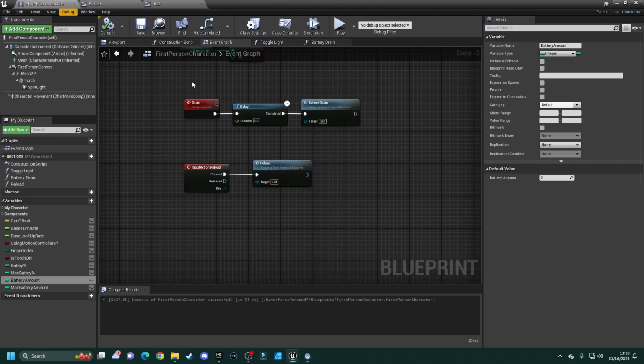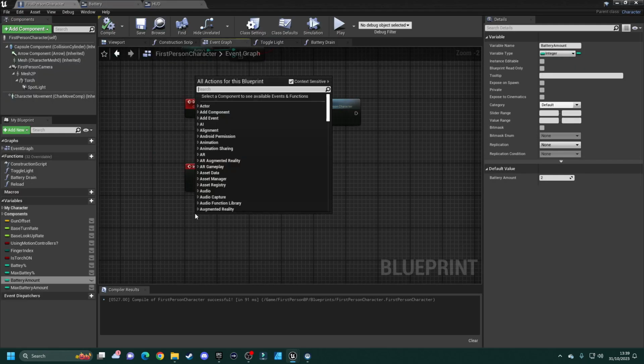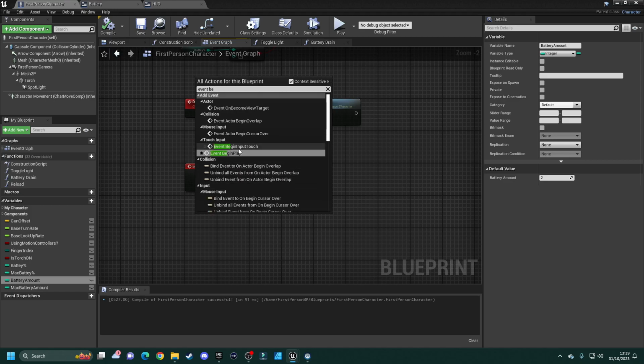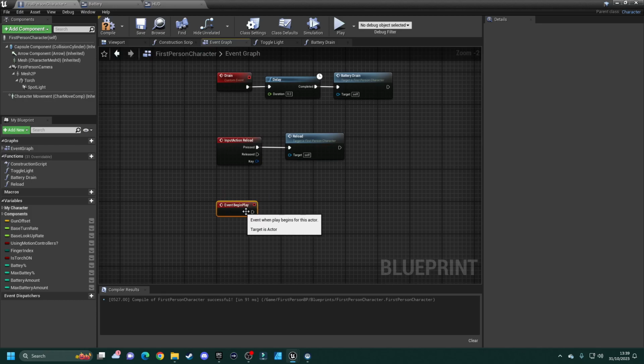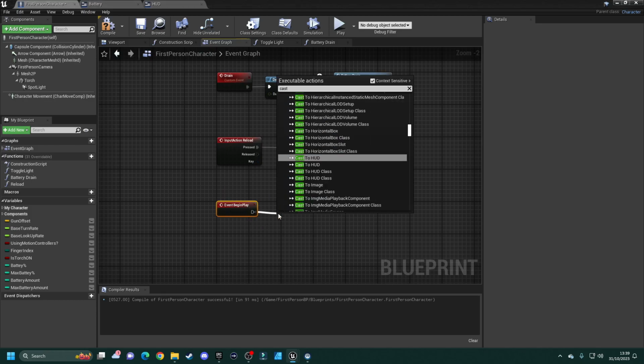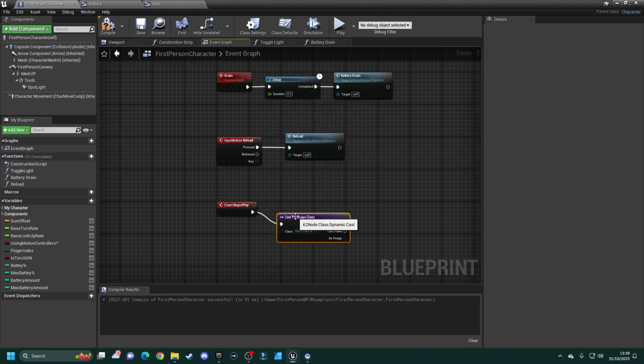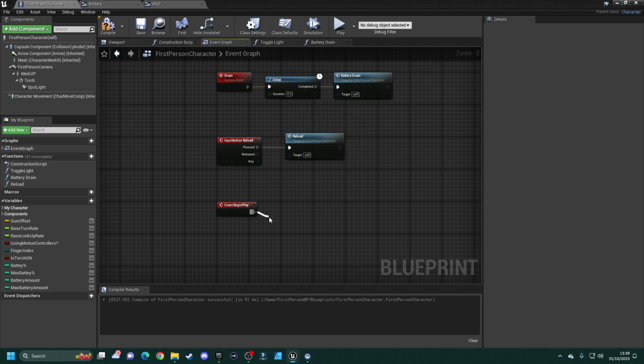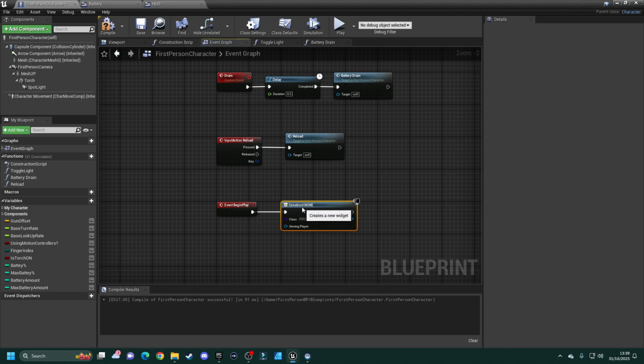Compile save that, and then go into your first person character and grab your event begin play, and then create widget, and then from the create widget,